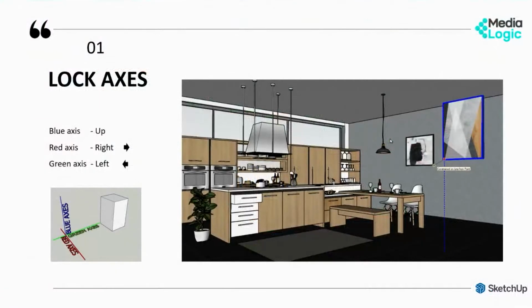The first tip is to lock axis. So this tip will show you how to move and position objects precisely and how to draw something in its exact plane. As you know, in SketchUp modeling, often we need to move objects up and down, then left and right, and both simultaneously. So in that cases, we often experience some trouble. Say, for example, sometimes the object might move in wrong axis and we have to struggle in placing them.